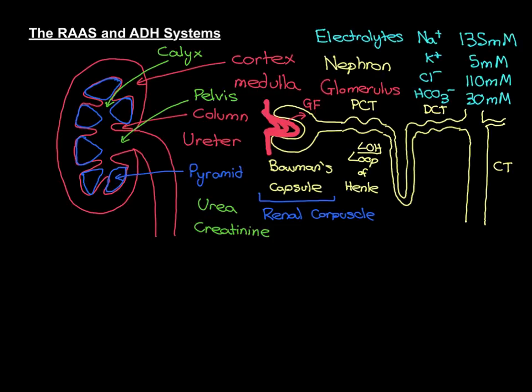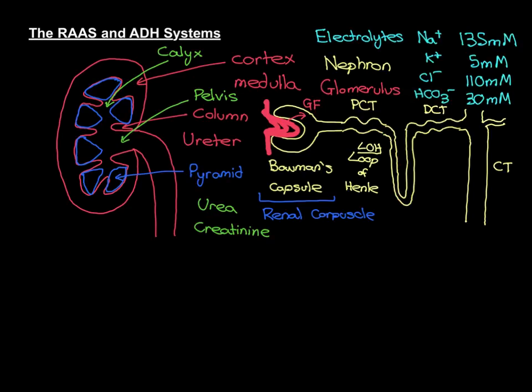So to summarize what we've seen here, the nephron consists of the start, which is the Bowman's capsule, which has the glomerulus, this collection of capillaries within it. From the capillaries of the glomerulus is going to come the glomerular filtrate, which is going to enter this space inside the Bowman's capsule. This glomerular filtrate is then going to make its way through the tube that is the rest of the nephron,